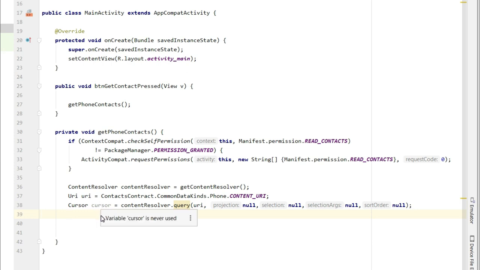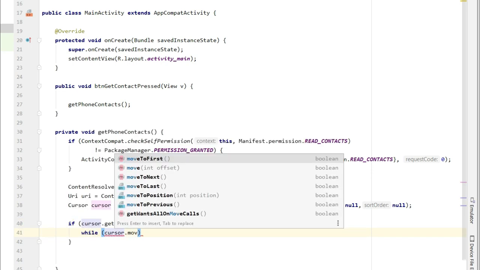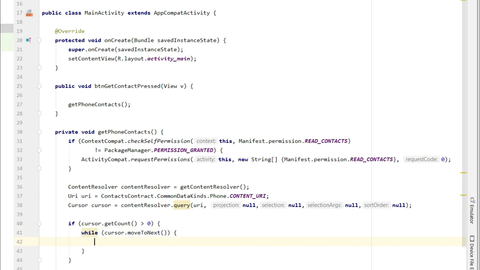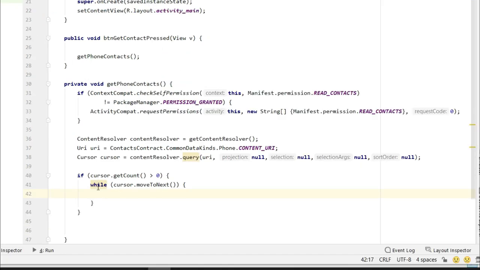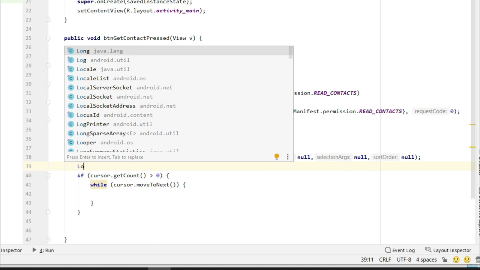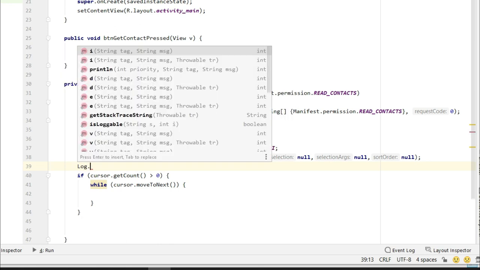Now let's check if the cursor has some kind of data. So okay, now our cursor will keep on reading the data until we reach the end of the contacts. Let's print a log here for checking how many contacts we have received from our mobile phone.